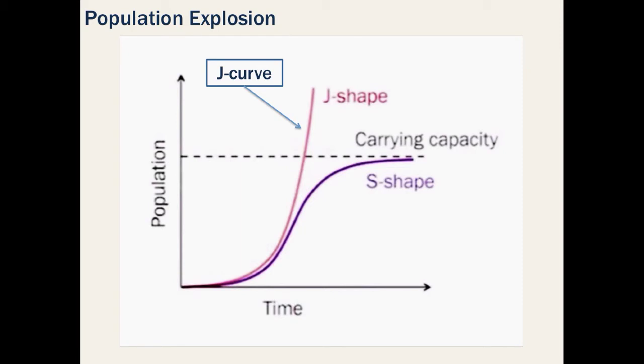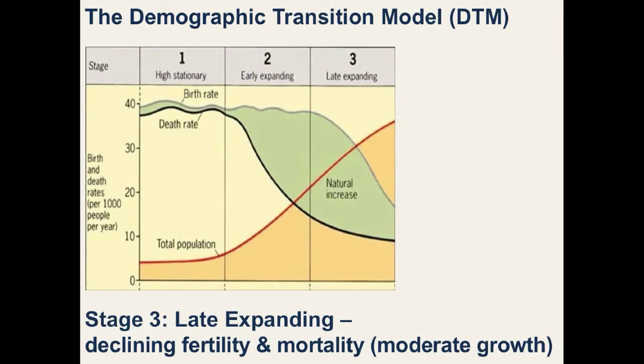Now, as the 20th century proceeded, the birth rates in Great Britain declined, as well as other places where industrialization took hold. This enabled Britain to enter stage 3 of the DTM, known as the late expanding stage. Declining birth rates with already lower death rates led to population growth, but at a more moderate pace. This is due to a plethora of reasons. First off, on a farm, children are more of an economic benefit, since they can work at a young age and begin earning their keep. Whereas children in a more urban environment became a financial drain.